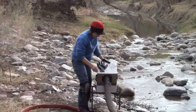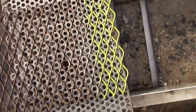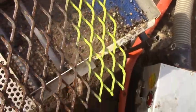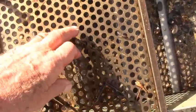Okay, first cleanup, second day. I've seen this before, I'm going to show you again. Sheryl's getting some water for us to clean up in. We've gone to this larger expanded in the upper end to help capture more. And again, we got this 1/2 inch or 3/8 inch punch plate, and underneath it are all these chevrons here,